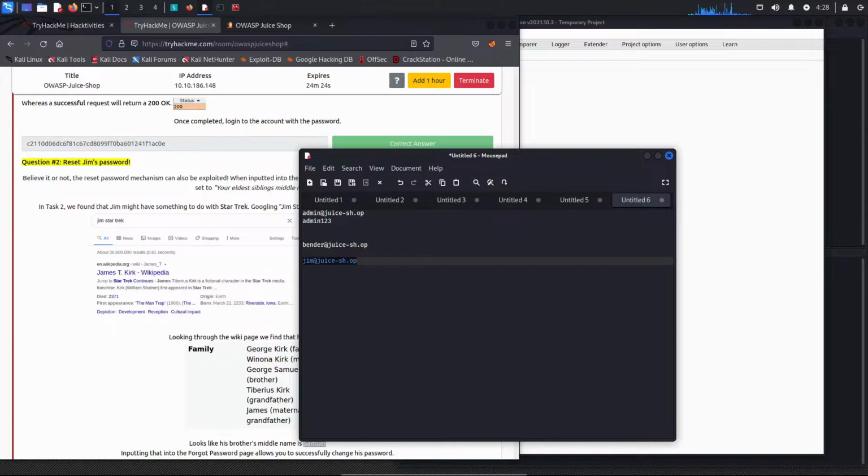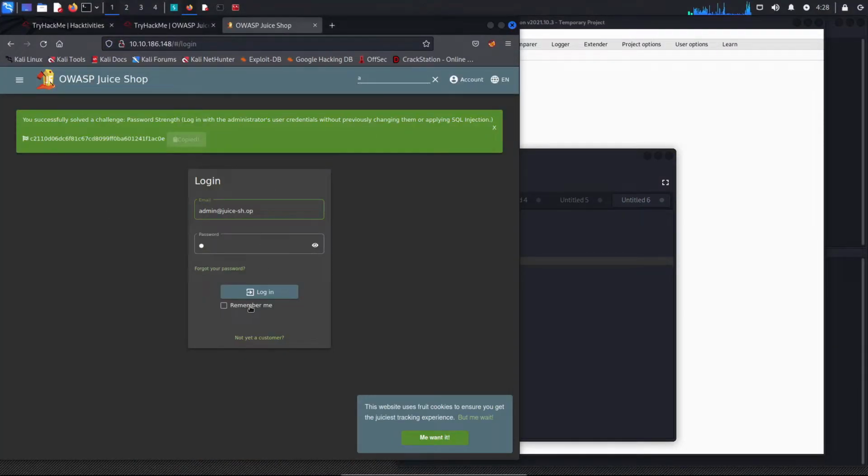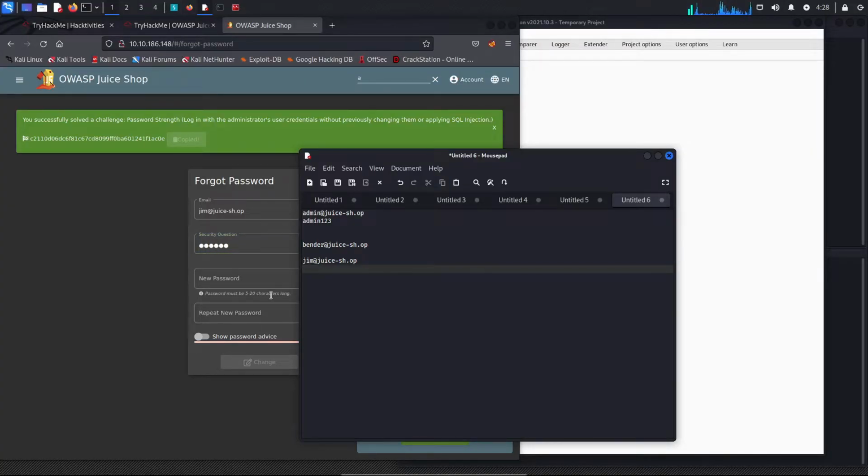Okay, and I'm going to try to use this, and we got forgot password, type the email, security questions. Yes, that's the correct, your eldest sibling's name. So type Samuel, and the new password.